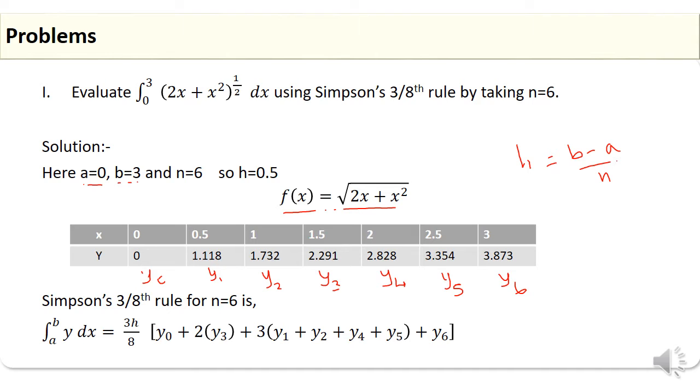Simpson's 3/8 rule for n equal to 6 is integral a to b y dx equal to 3 into h by 8 into y naught, the first term, plus 2 times multiples of 3. When n equal to 6, we should leave the first term and last term. Multiples of 3, we have only one term, that is y3. Plus 3 times the remaining terms. The remaining terms are y1, y2, y4 and y5. Plus the last term is y6. Substitute all,